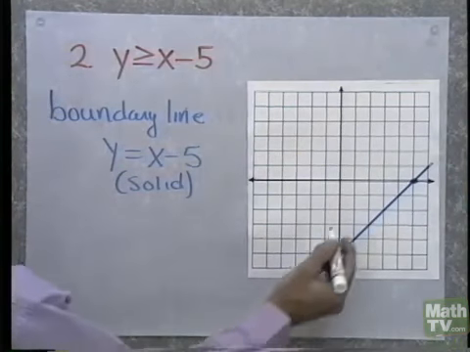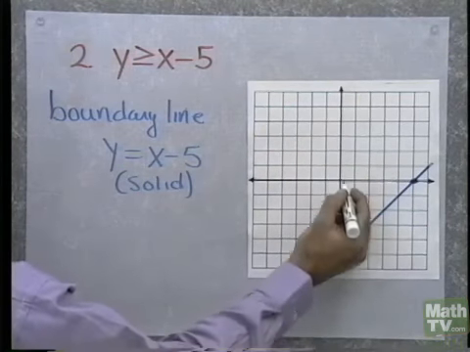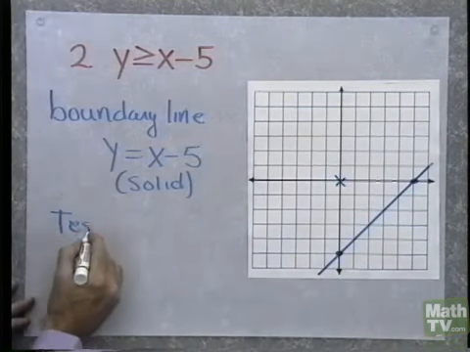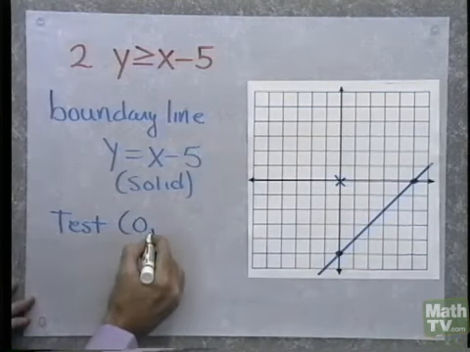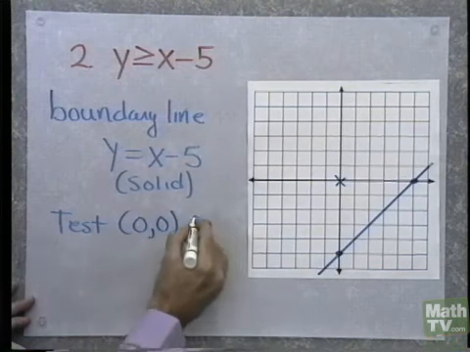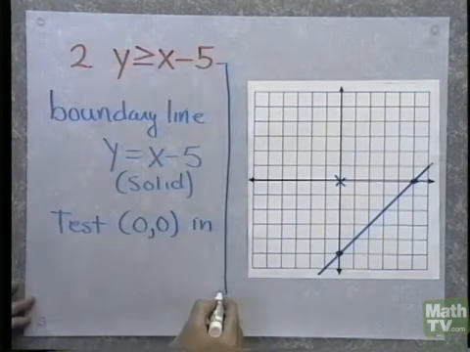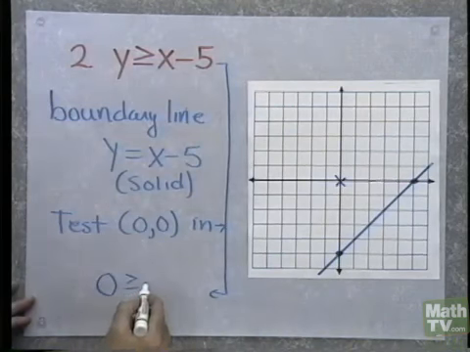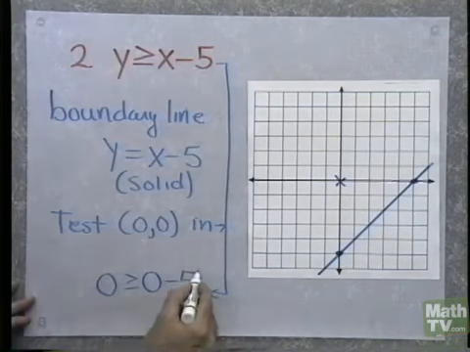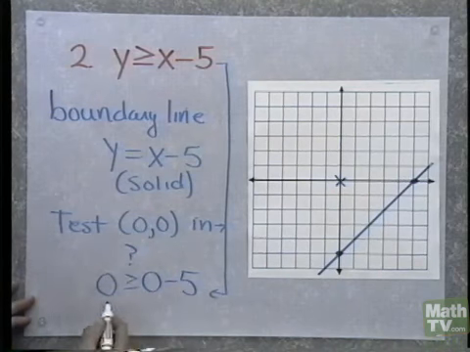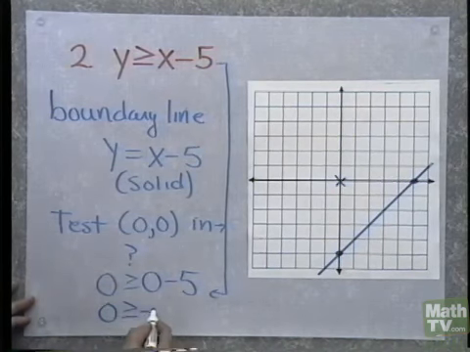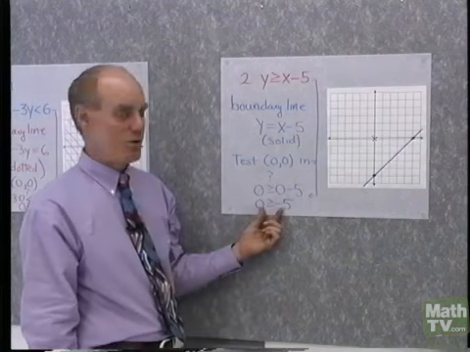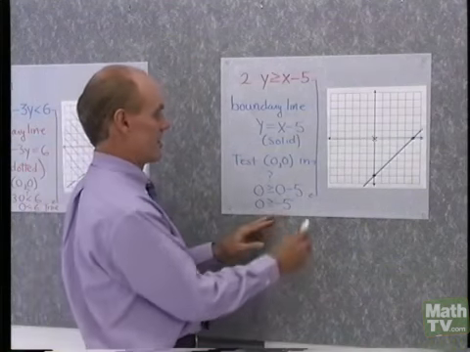Now, next I need to test any point that's not on the boundary. Again, the origin's not on the boundary, so I'll test it. Let's test the origin 0, 0 in my original inequality. So I have 0 greater than or equal to 0 minus 5. So I have 0 greater than or equal to negative 5. Now, is this a true statement or a false statement? 0 greater than or equal to negative 5. It's a true statement,